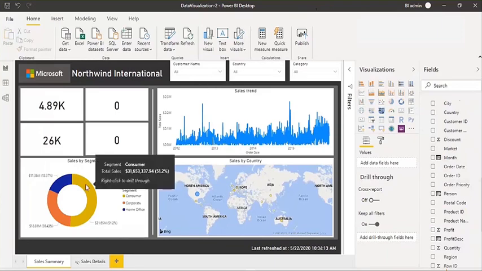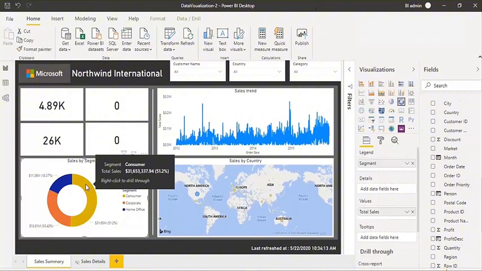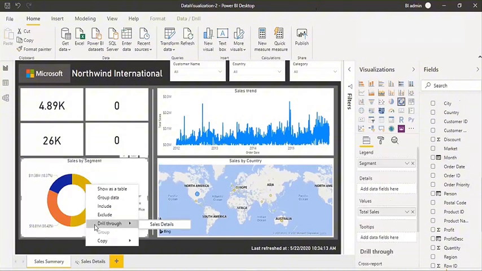And this drill through basically works at one time only for one field. So here, if you see, you are going to the details page, but based on only one filter. It means based on the segment filter only. It's not possible to navigate based on multiple columns. No, at one time you can filter the data on the second page based on one column only.